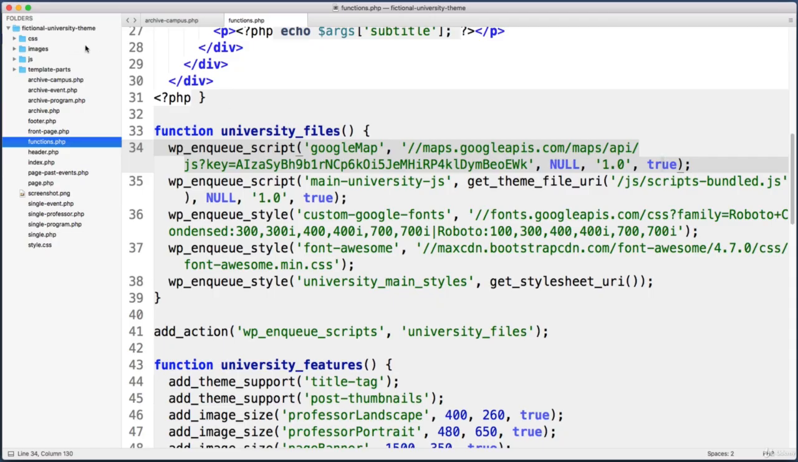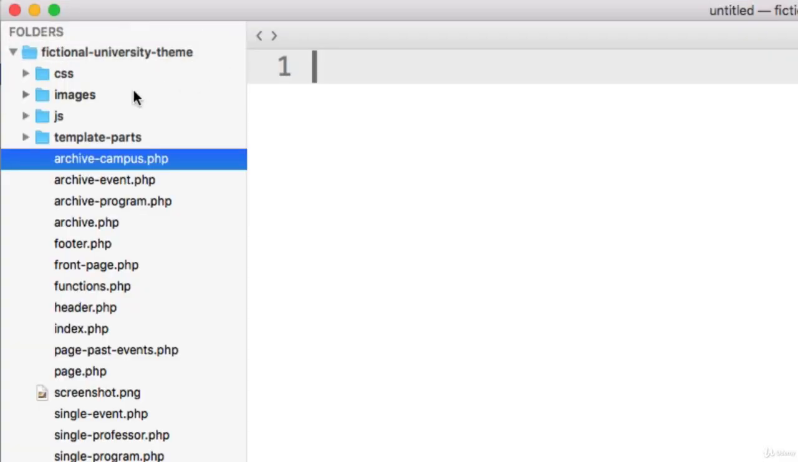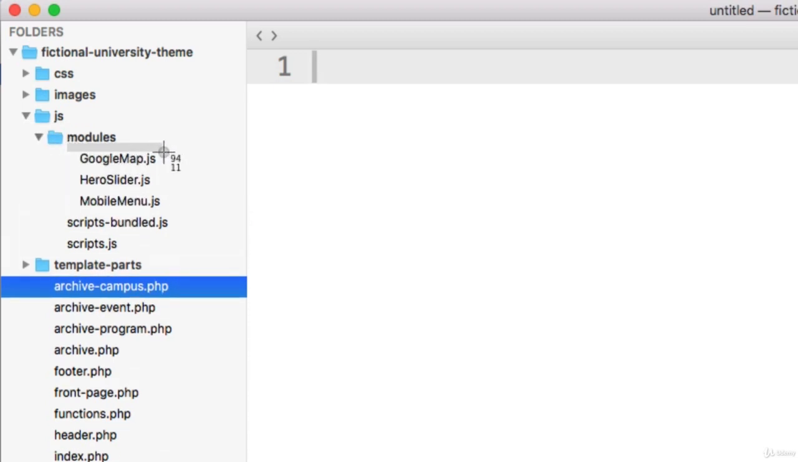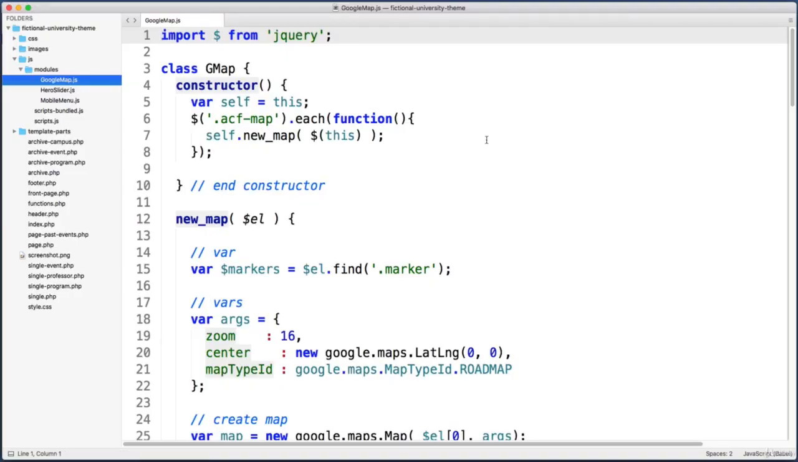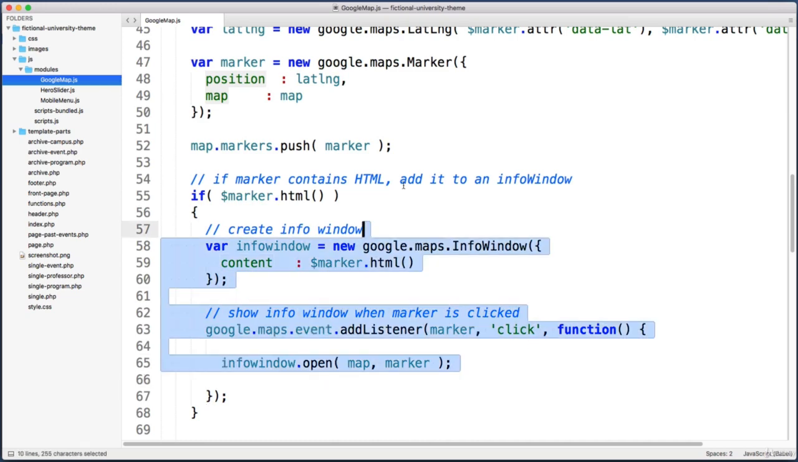So in our theme folder, let me close out of these open files. In our theme folder, let's look within our JS or JavaScript folder. And then let's look inside this subfolder named modules. And let's jump into the file named googlemap.js. So I've already created this file for us. Down here we can see that the code is going to find any div that has a class of marker, right? And those were the elements with the data attributes for latitude and longitude. So then all of this code, if we scroll down, it's just going to pass on the latitude and longitude